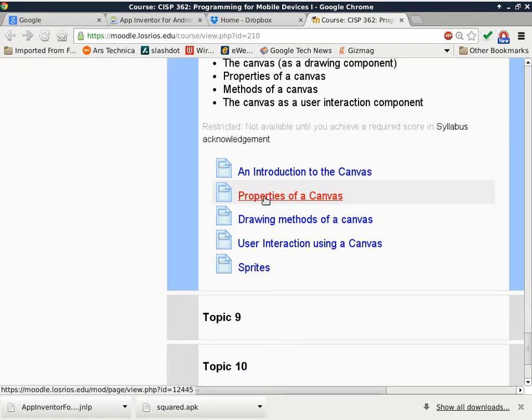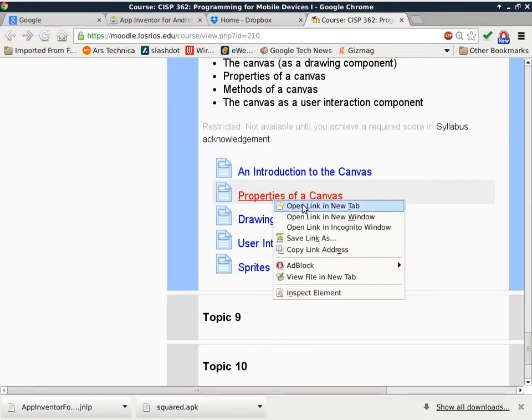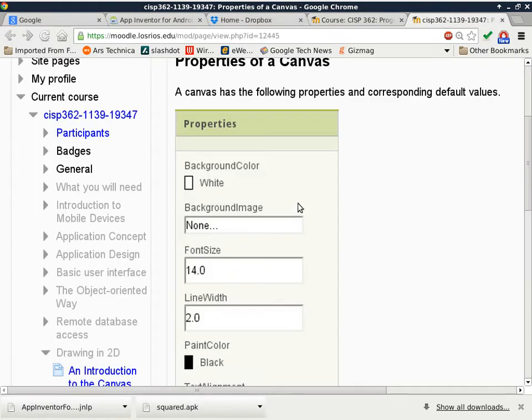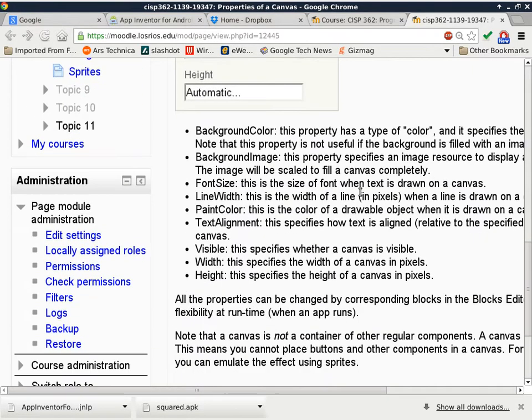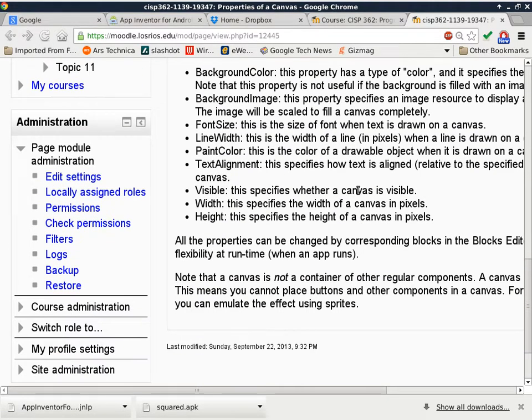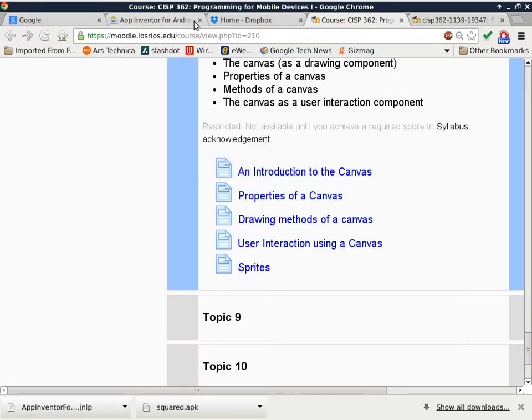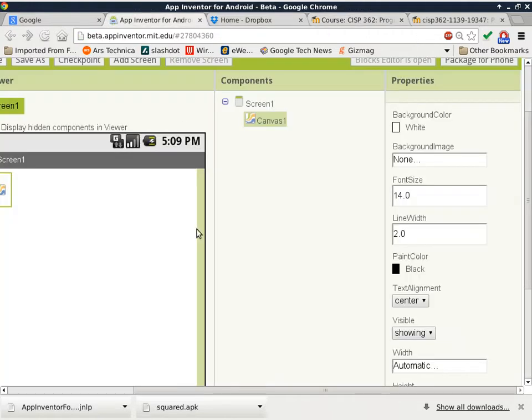Okay, so we have properties of a canvas. That's our next topic, which starts with a screenshot that we were seeing on the other screen. So we'll go ahead and talk about each property individually, and also potential ways of using those particular items. All right, so there we go. So the first one is